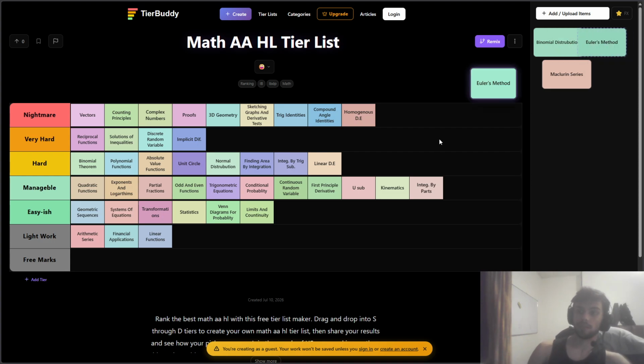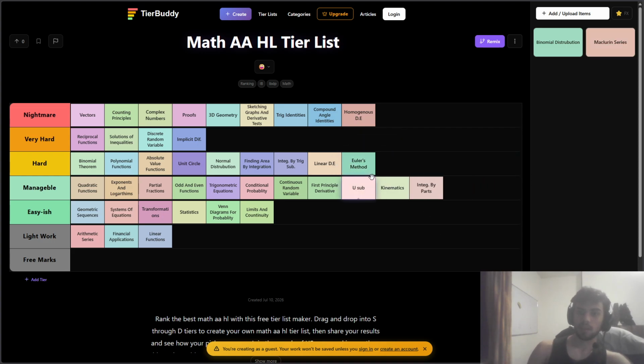Euler's method, garbage, hard. And it's hard because, okay, sometimes Euler's method itself is not very hard, but they ask some, in my opinion, vaguely phrased questions about it. Plus, it's hard only because it's extremely niche and it comes up sometimes in section B, and I was really banking on it for paper two and paper three. I was like, yeah, study Euler's method. It's going to come in paper one, two, and paper three. It has to come. It's going to come, and then it just didn't come.